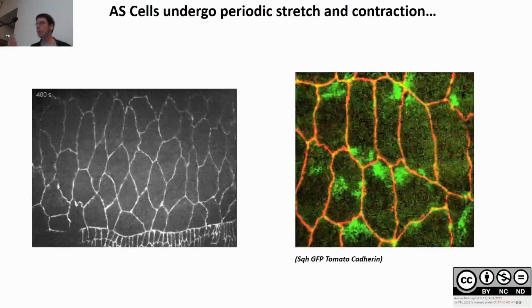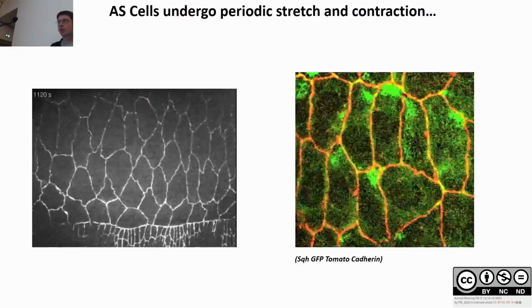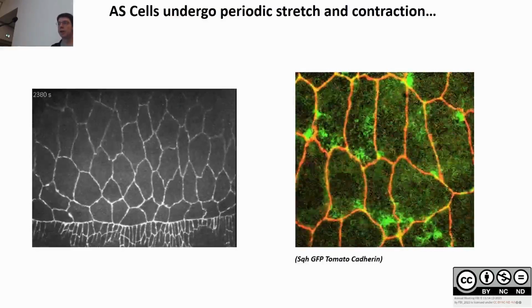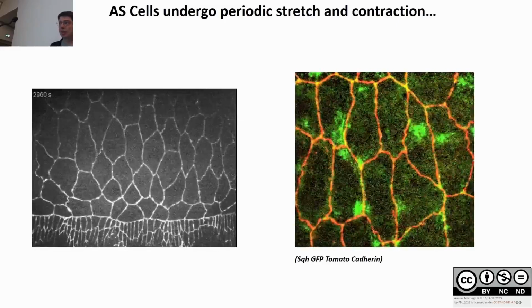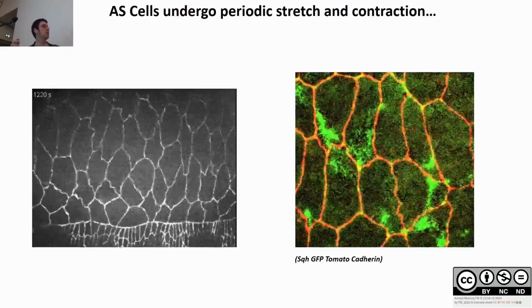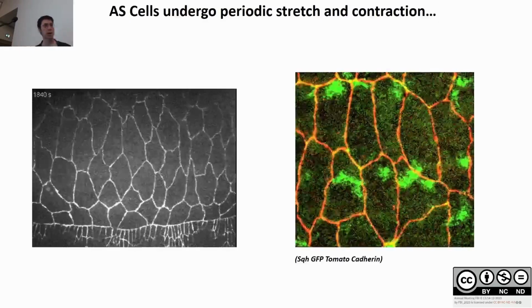And interestingly, with this resolution, I'm not sure it's very easy to see, but the cadherin is not homogeneous, and what we could observe is that there are gaps when they stretch, like here, for example, and when these gaps appear, then it seems that myosin is recruited there, okay?